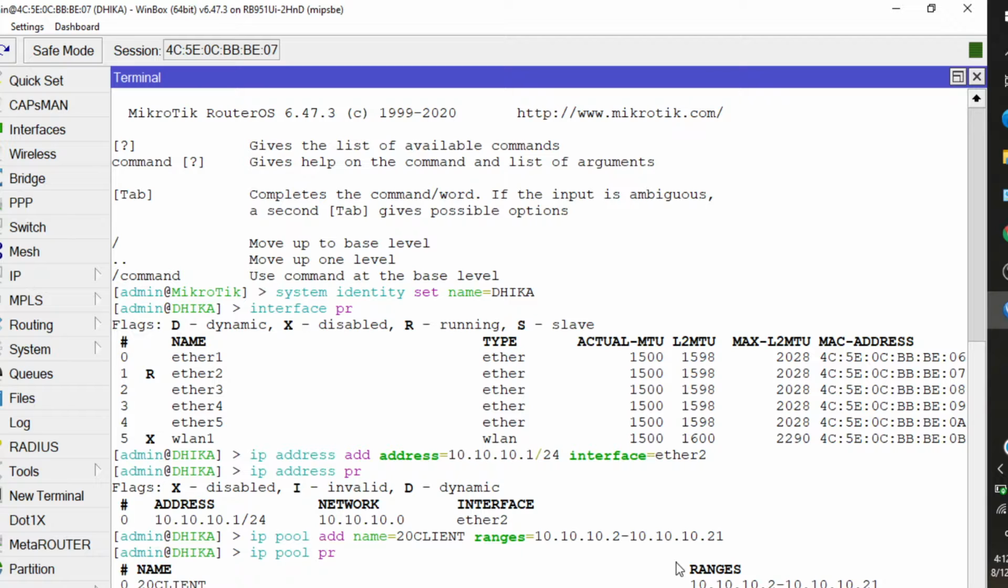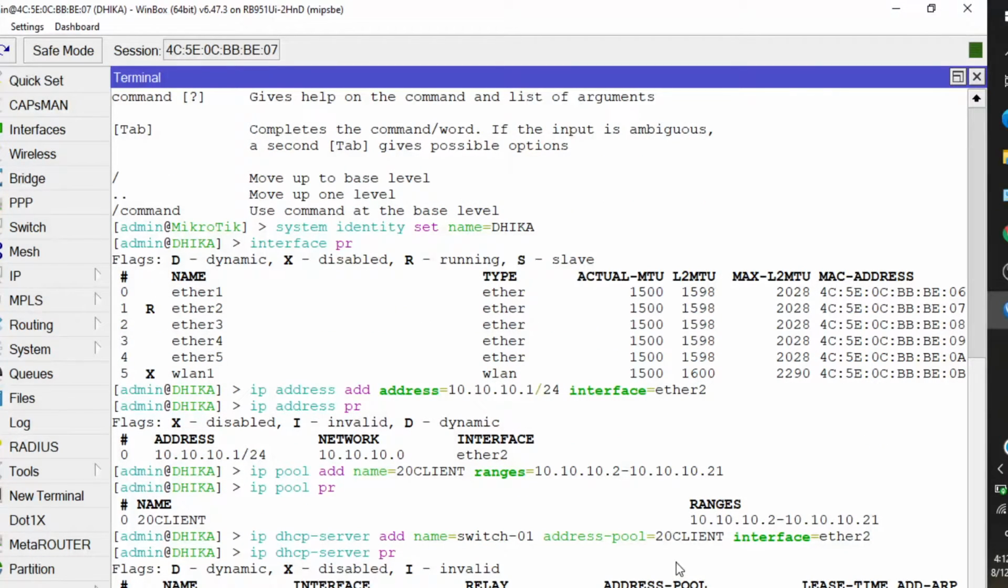and you can check the result with the command IP DHCP server print, and you can see a successfully added IP DHCP server in this router, but the status of the IP DHCP server stays disabled, or the flag is X. To activate or enable this IP DHCP server, you can use the command IP DHCP server set numbers. In this, the number or flag is 0,